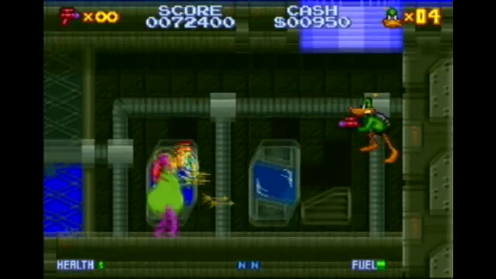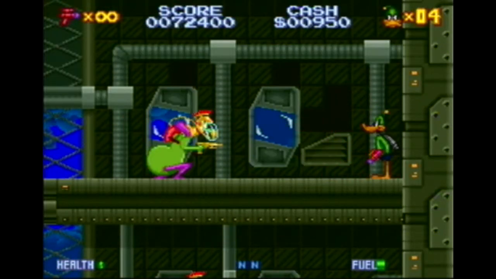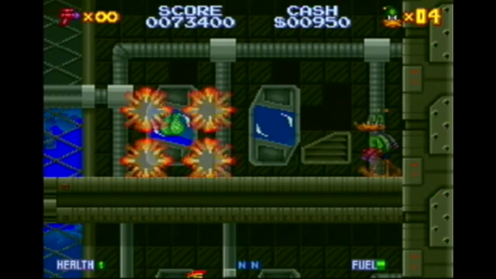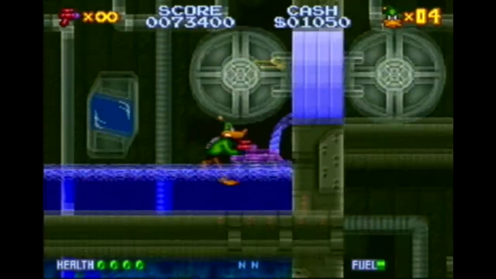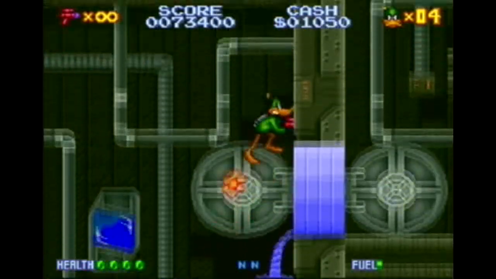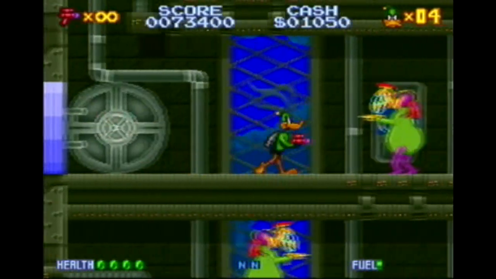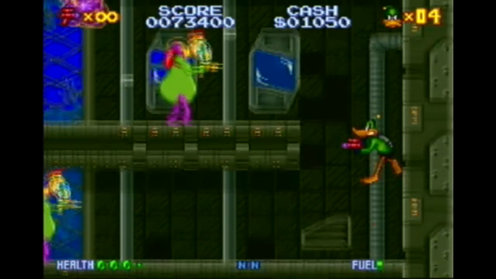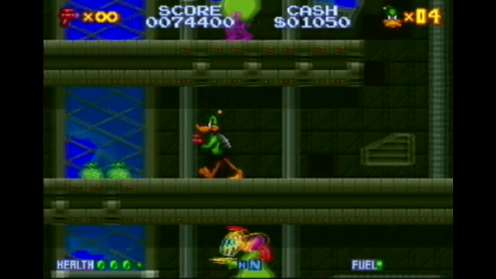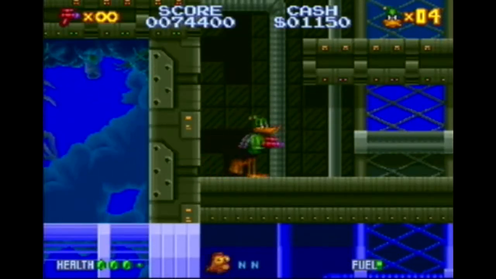Right, yeah. So, another thing I want to add is, in the first world, these instant Martians took 5 shots to kill with the regular gun. In this one, they take 6 shots, and in the next world, they'll take 7 shots, and so on for the rest of the game. So by the end, they'll have like 50 shots. Yeah, pretty much. By the end, I use a lot of the ice gun to just kind of stun them